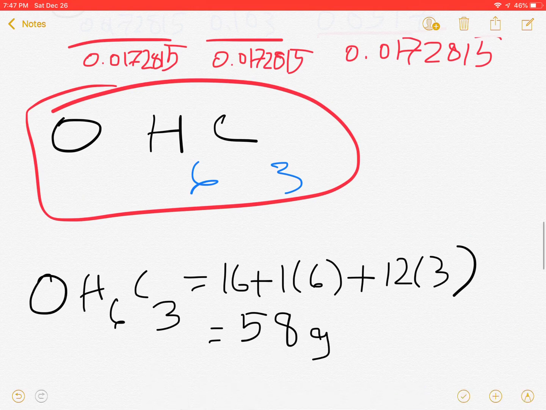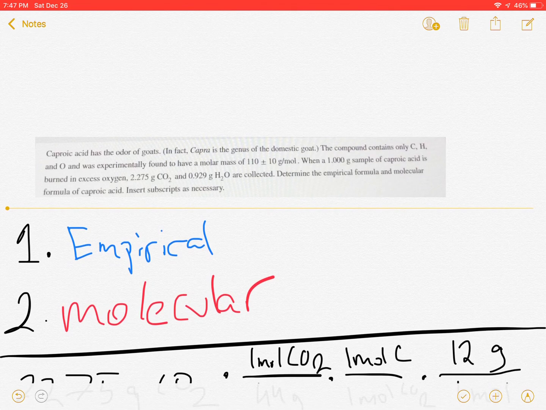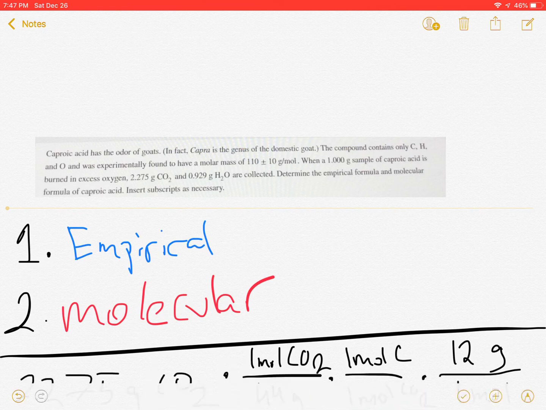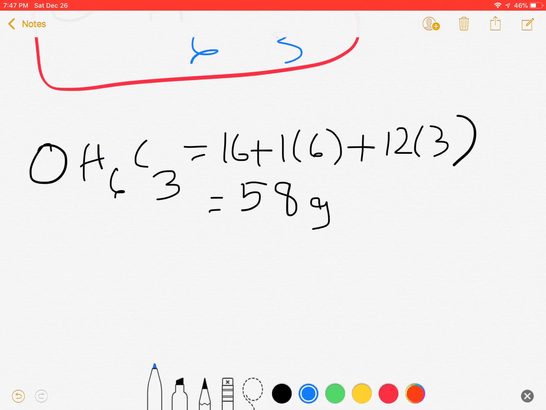So now let's see what the actual molar mass of our molecular formula is. If we look at the second sentence, it tells us that the molar mass is 110 plus or minus 10 grams per mole. So this means that our molar mass can fall within 100 grams per mole to 120 grams per mole. So now what we can do is multiply